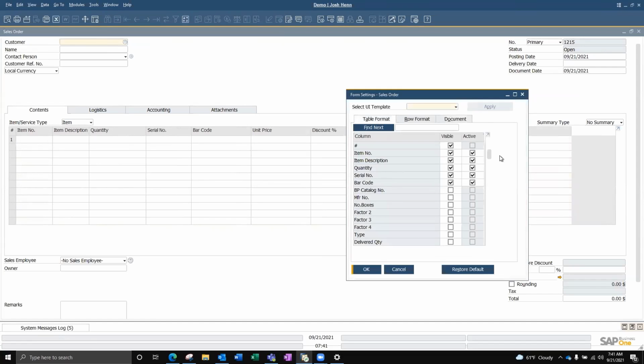It is important to note that not all of the fields will be displayed in your sales order whenever you first open SAP Business One or in any other document within the system. It might be a good idea, if you'll be working under somebody else and they already have a good form setting template, to take a screenshot of their sales order or the documents that you'll be using and align it with their setup.